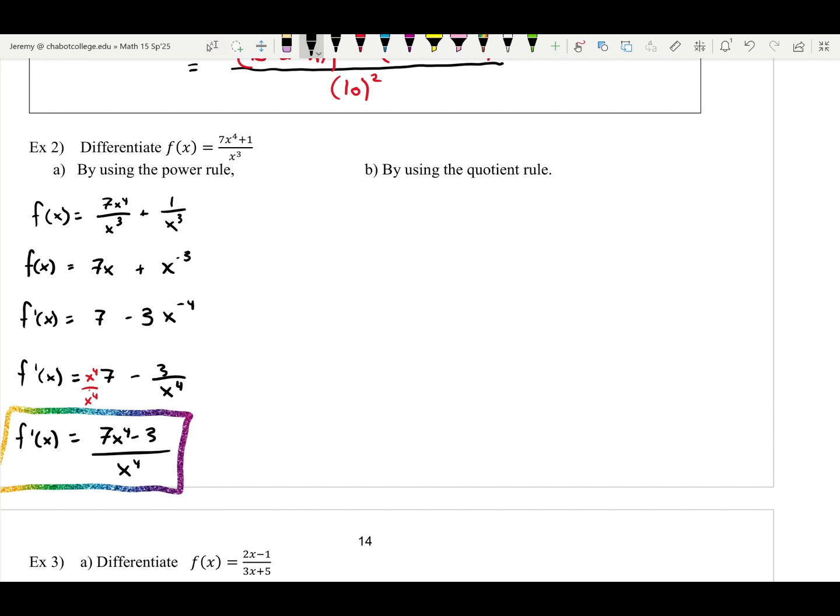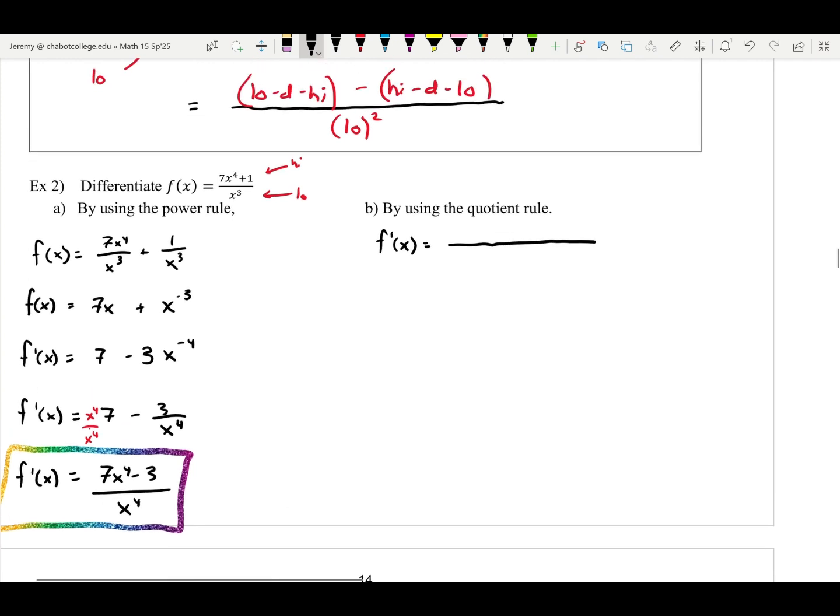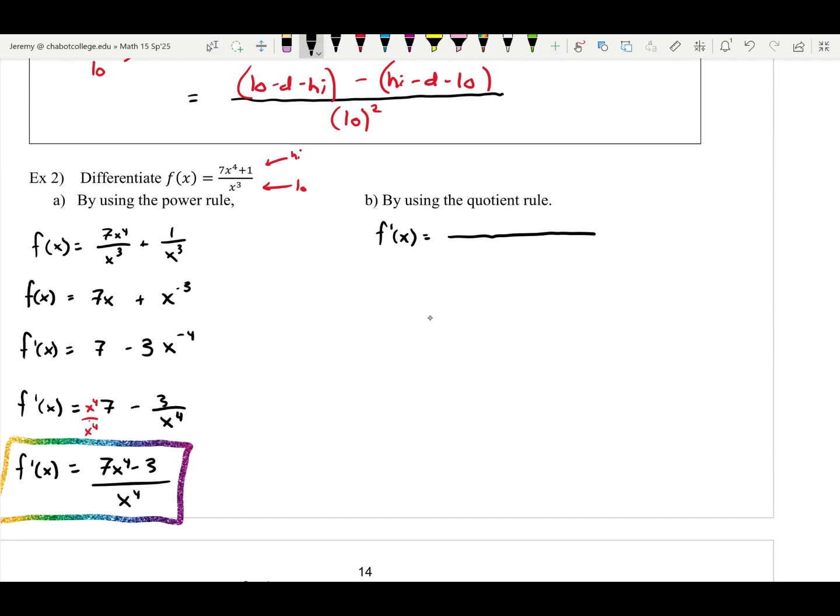Now let's try and find this derivative by using the quotient rule. So remember, the top function is the high function, bottom function is low. So the derivative, in this case, I don't have to do any prep work. I can just jump right into finding this derivative. So f prime of x is going to be, there's our formula, low d high. So that'll be x to the 3rd times the derivative of the top function, which will be, let's see, 28x to the 3rd plus 0. Okay, so that's low d high,